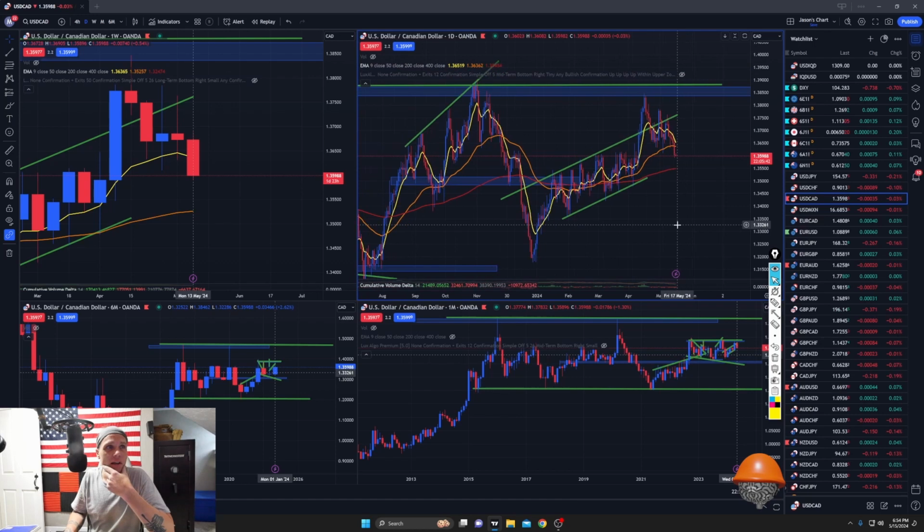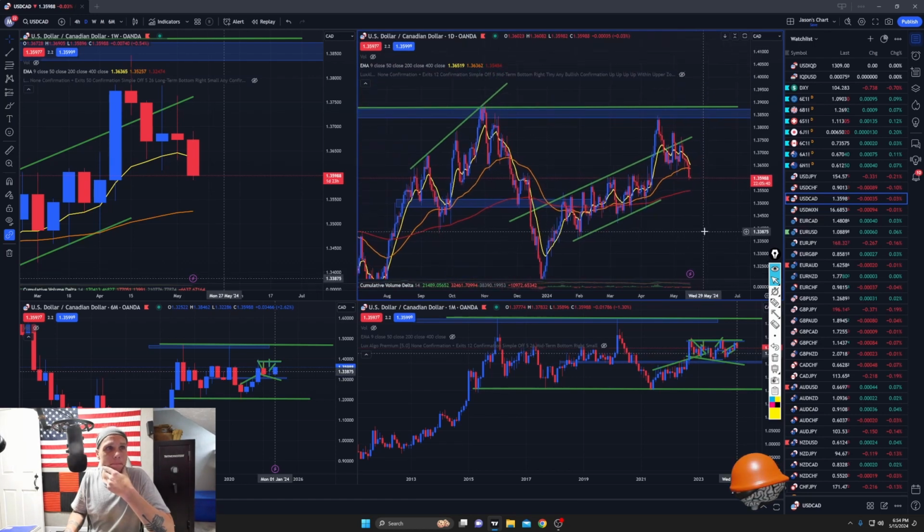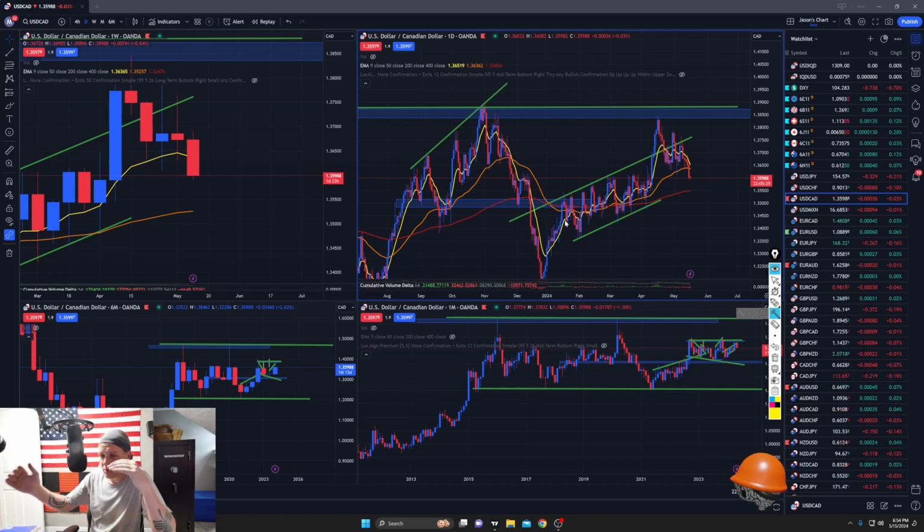Let's see, USD CAD. Yeah, do you see this? The trend is up. The Fed has been trying, I swear the Fed's been fudging things and trying to make the economy seem better than it is so that they could potentially lower interest rates, but the economy is not there. Things are getting tough. Things are getting bad. Inflation is bad. So I think there's going to be a piece of information that comes out soon completing this correction that we're in right now with USD CAD,